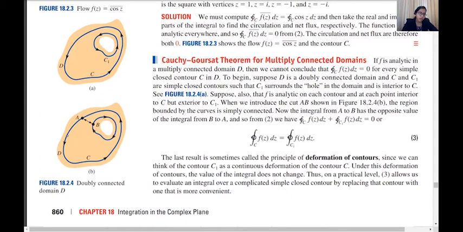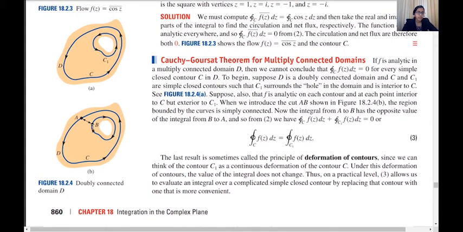I can get a contour of this form, right? I'm going from A like this and like this and like this. So this contour does not contain this hole. Why? Because it is containing this particular region, right? It is not containing this region. So in that case we can apply the Cauchy-Goursat theorem again, right? There will be no problem. Now if you see, the integral from A to B and from B to A will be actually the same except for the change in the sign.